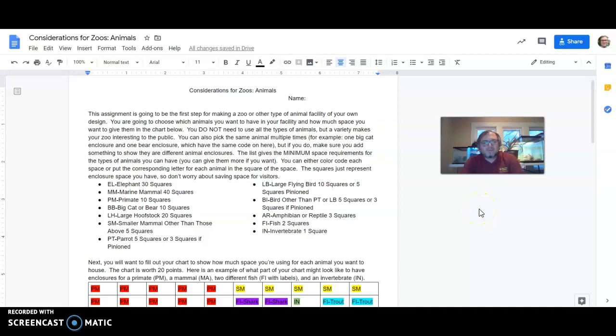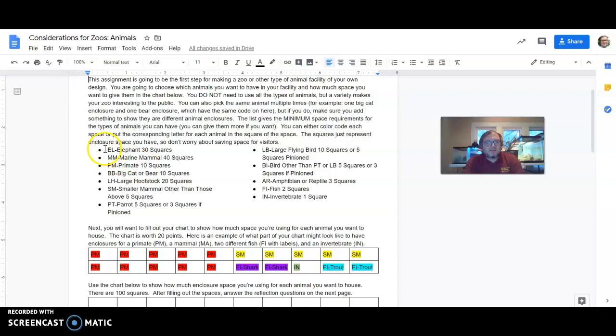Hey everyone, I just wanted to give some clarifications here for the assignment Considerations for Zoo Animals. This one lines up with some of the information that you will have gotten about animals from the matching slideshow presentation. Again, that's going to tell you a little bit more about the challenges with all these different types of animals. These bullet points down here are the list of all the different animals that I cover